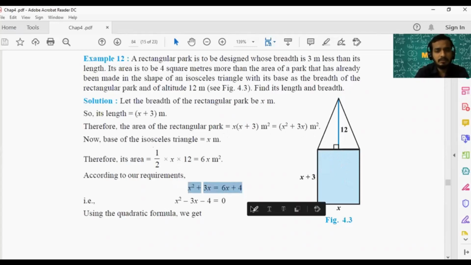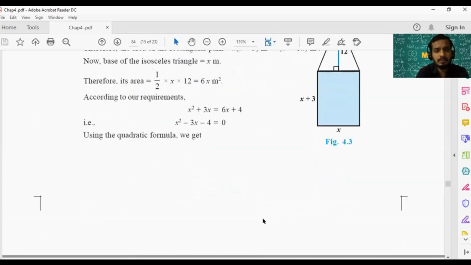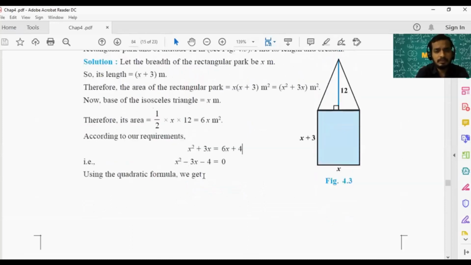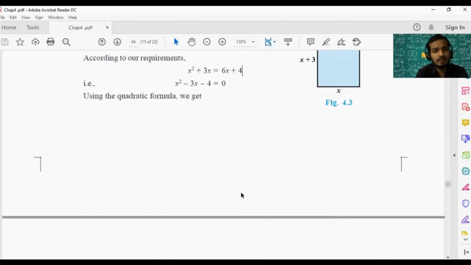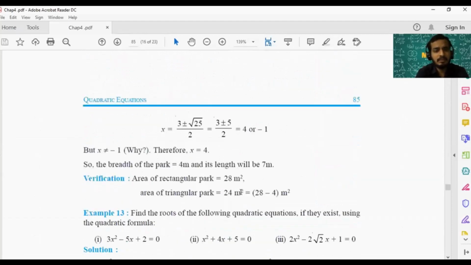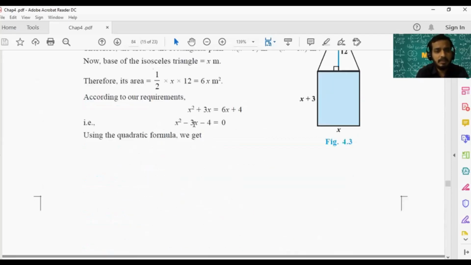Then we can solve. So, the solution. If you get the quadratic equation, we have studied in the last lesson how to find it. So simply identify a, b and c and apply the formula x is equal to minus b plus or minus root of b square minus 4ac. Here you look, b is minus 3, right? From this equation you can identify b is minus 3.